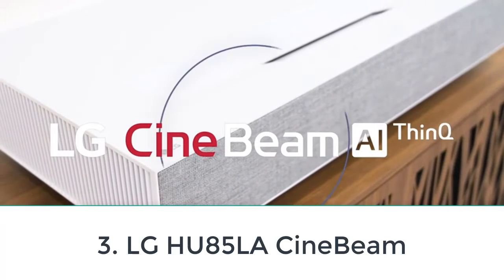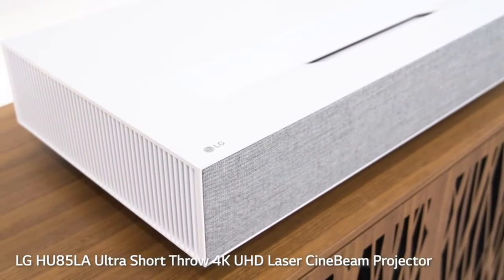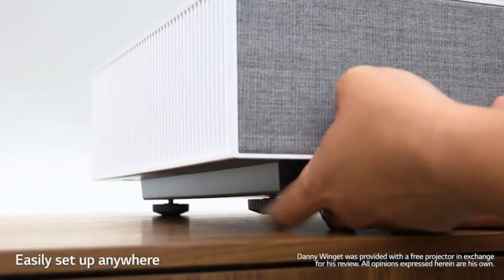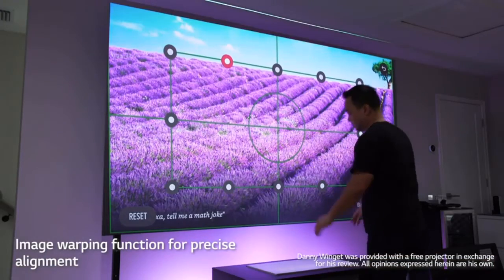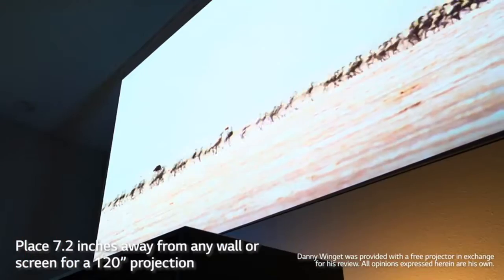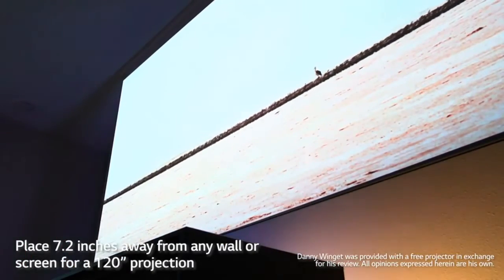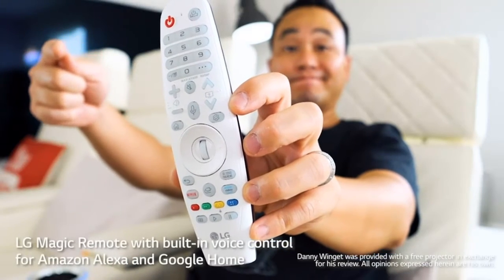Number 3. LG HU85LA CineBeam. The LG HU85LA CineBeam is a Class 1 laser projector that is ultra-bright with 2700 lumens, the most on our list, with a 4K UHD display. It is an ultra-short throw projector, meaning it can display a 120-inch screen from less than 7.5 inches away, giving